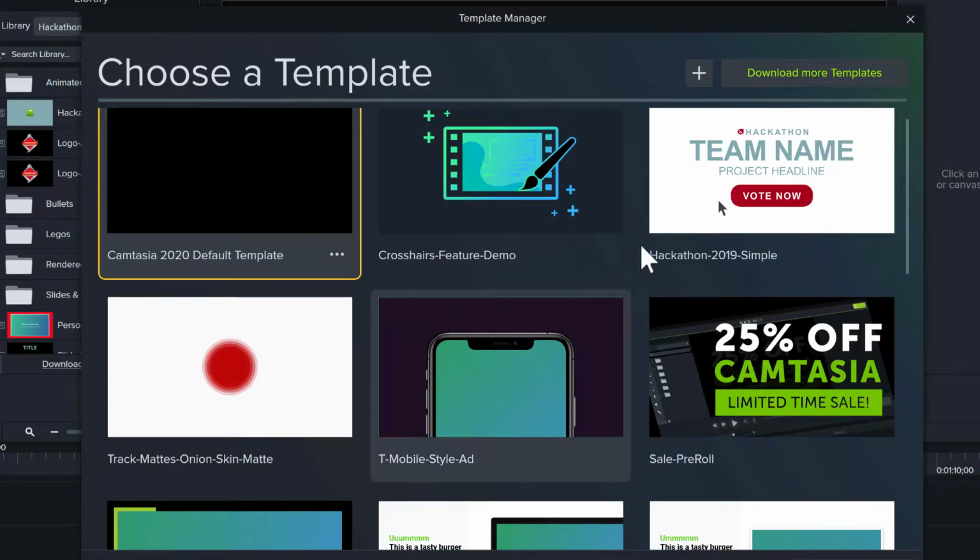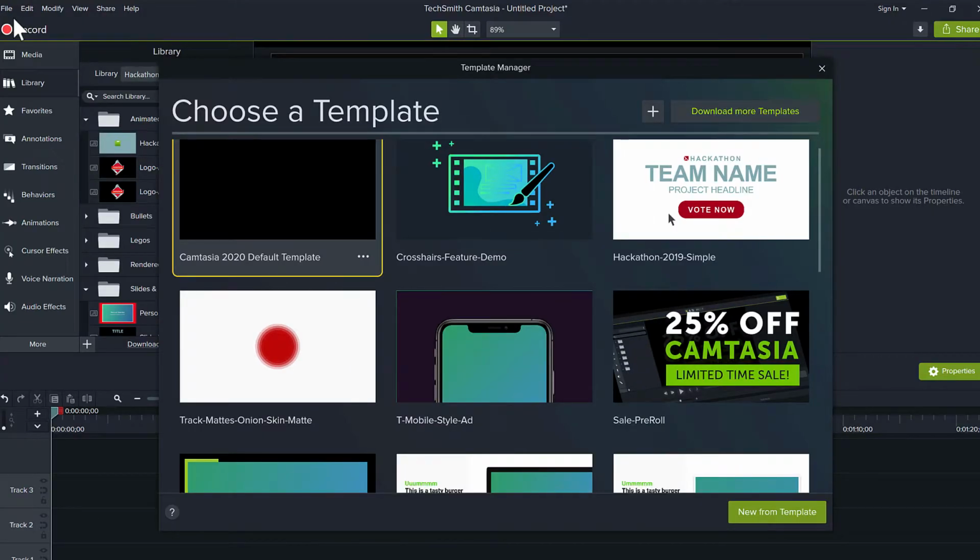And I needed a way for the entire company to be able to consistently produce at least content that had the same background color and a consistent intro bumper and outro bumper. So I built a template for it. And so we'll go ahead. I'm in the template manager on Windows. You get to this through,